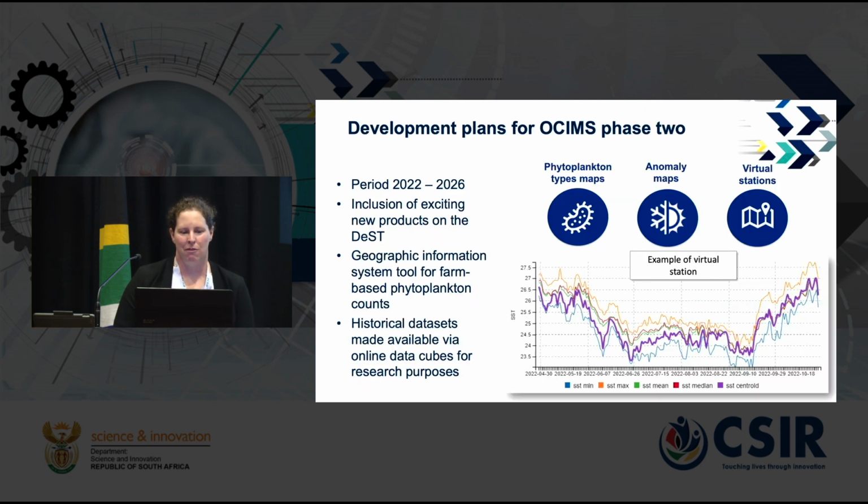In terms of OCIMS, we are now in the second phase of the OCIMS project, a 5-year project. We're in the first year, and we're hoping to include several exciting new products. We'd like to include a geographic information system to help the farms to share their farm-based phytoplankton counts with each other. And we also want to make all of our historical Earth observation data sets available online on data cubes so that we can include the research community so that we can all help work towards a HAB prediction tool